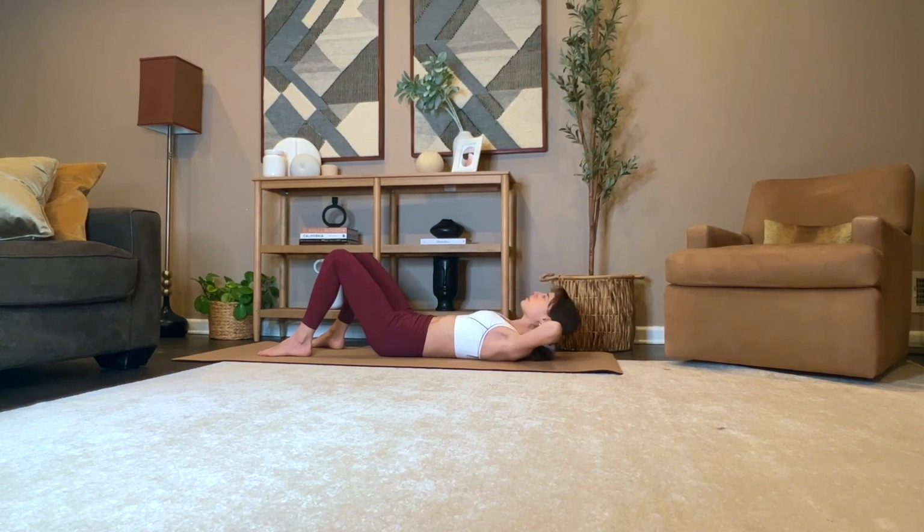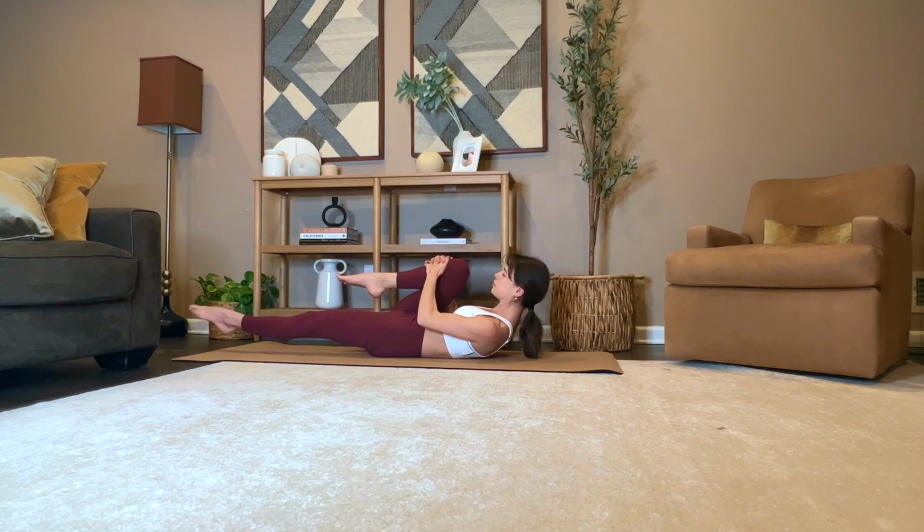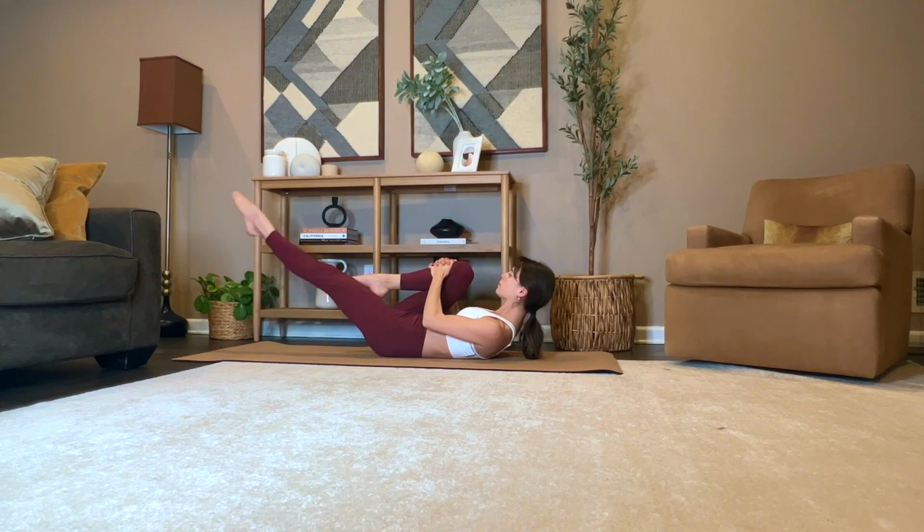Exhale, lift, inhale, lower. Good. These crunches are very effective for your upper core. Let's do 3 and 2, exhale, and 1. Good job. Now bring one knee into your chest, hug your knee, straighten the opposite leg, hover your leg over